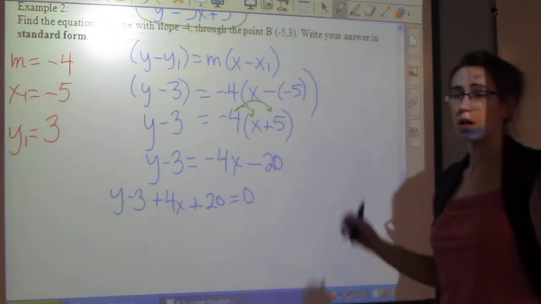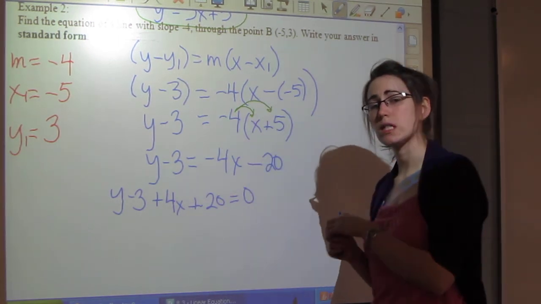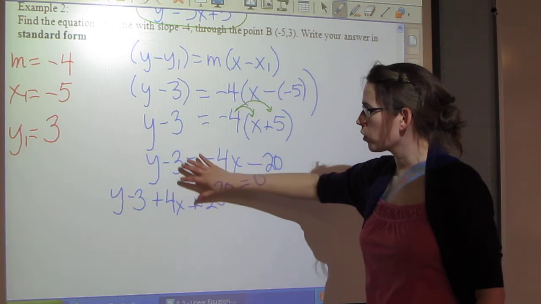So my first part's done, everything's on the left. The next thing I want to take a look at is I want to make sure that my x term